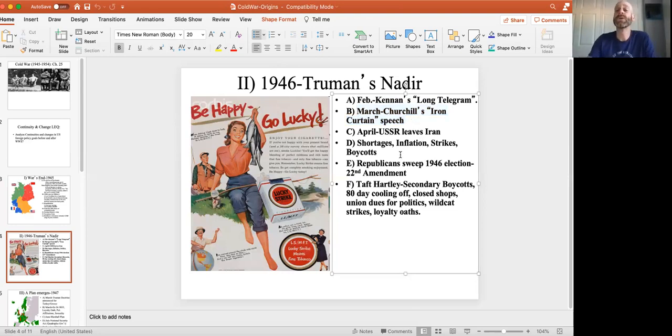So what's going on at home for the peace? Well, first, people forget how rough that first year was. It was very rough. In fact, Truman prosecutes an end to the war. His first 5 months or so were very successful. People were willing to give him the benefit of the doubt. And he did a very fine job ending the war.